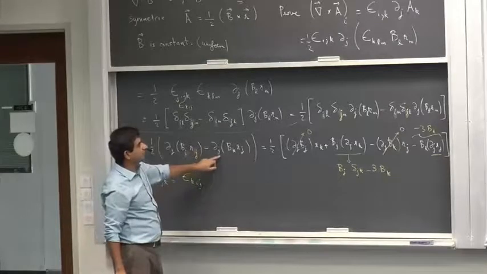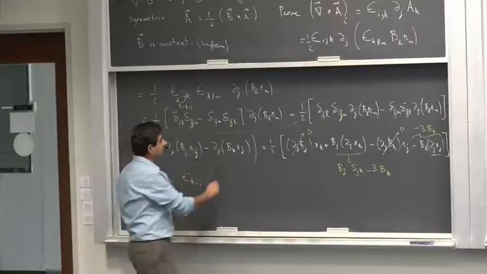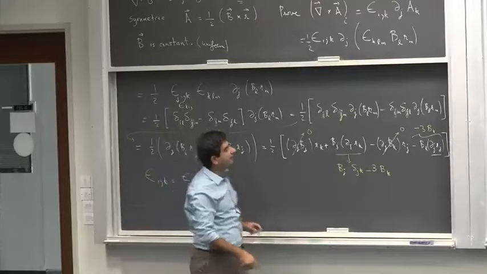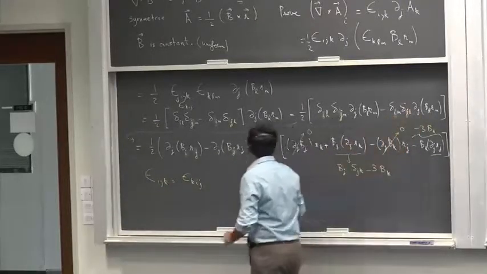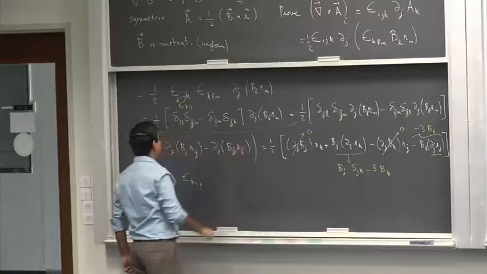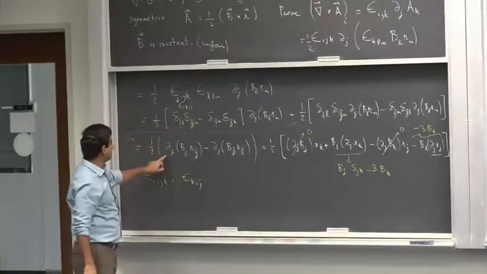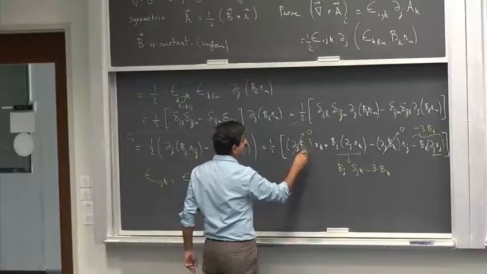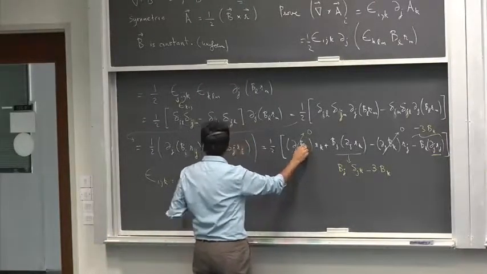Minus partial j: l must equal j, and this m must equal i. Now I can write partial j b_i r_j